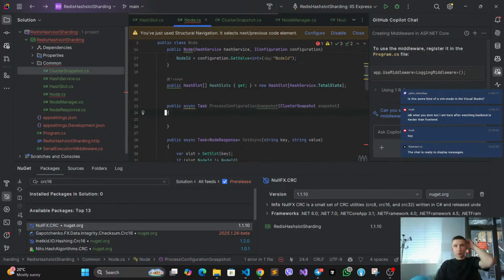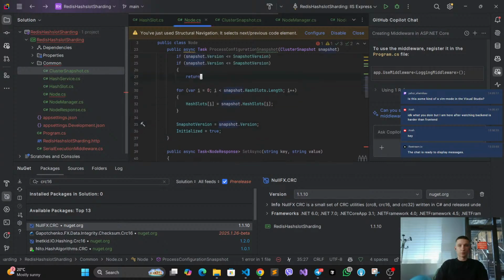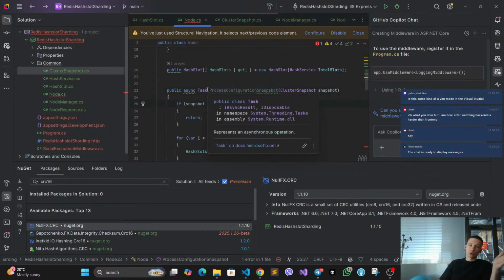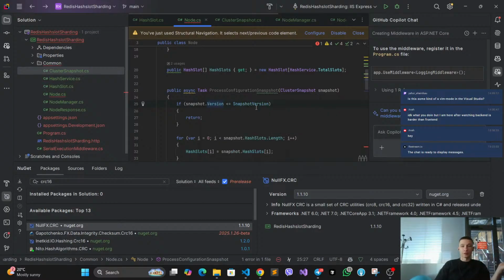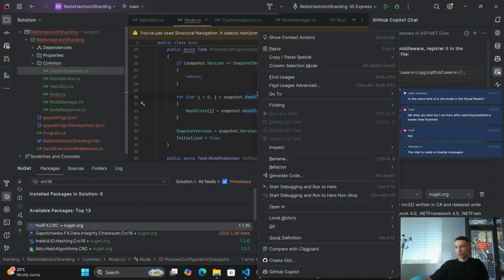And now take a look how we're gonna proceed it via gossip protocol. Thank you Copilot, it's very handy. So if snapshot version is less than or equal our current snapshot version, we basically don't care about this configuration because most probably we have all up-to-date value. If our current node snapshot version is less than the version that we received, we're gonna process the configuration